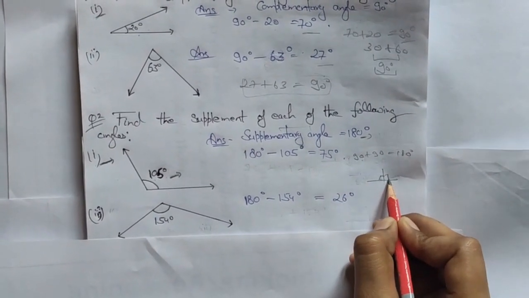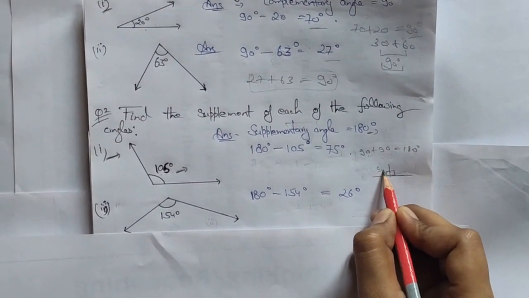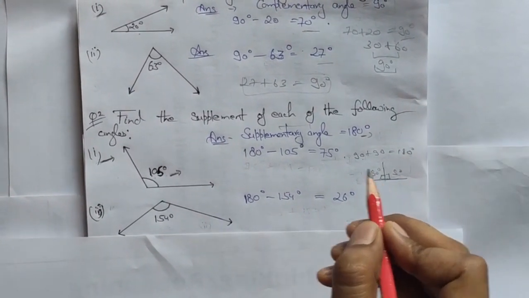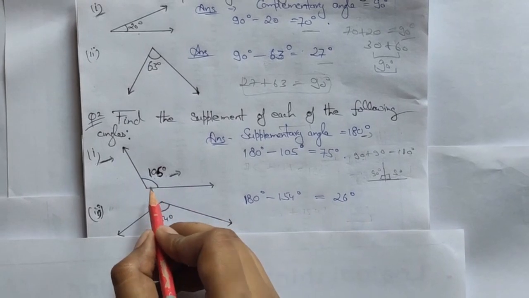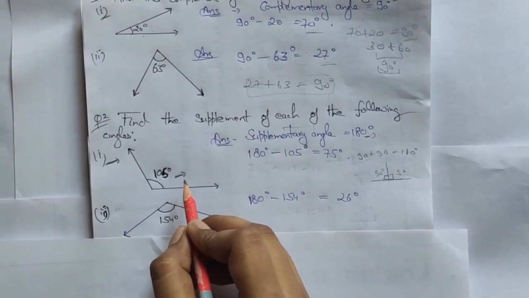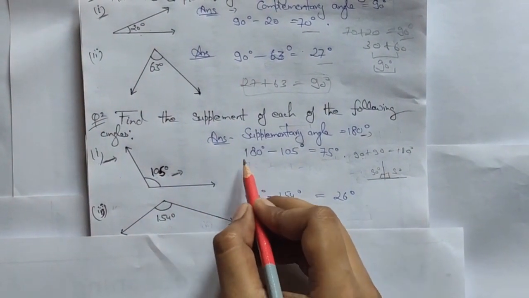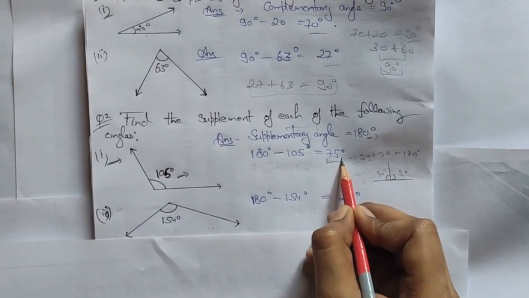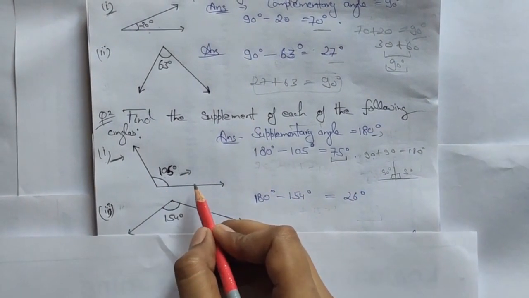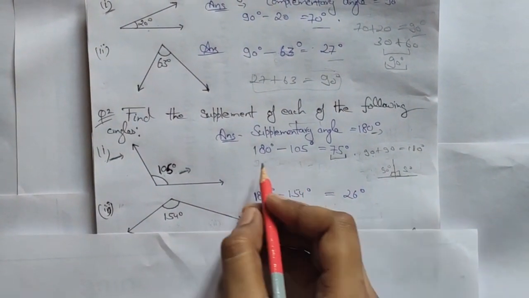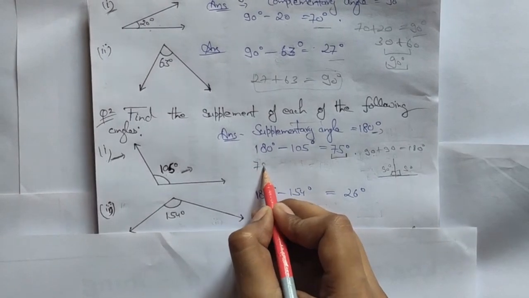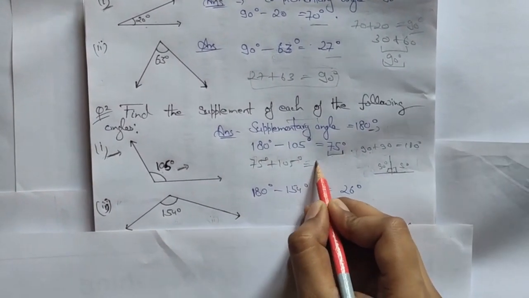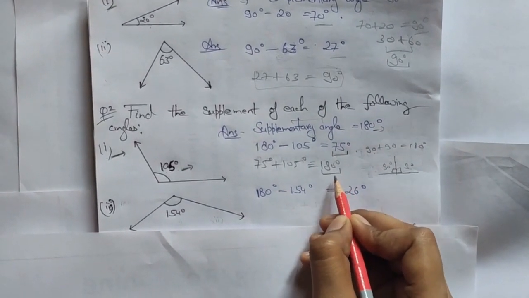Like this, a straight angle is the sum of two angles of 90 degrees each. This is called supplementary angles. And now let's solve for the supplement of 105 degrees. So 180 minus 105 degrees is equal to 75. So this is the supplement of 105 degrees. For verifying your answer, you can add 75 degrees with 105 degrees. If you get 180 degrees, this means that your answer is right.